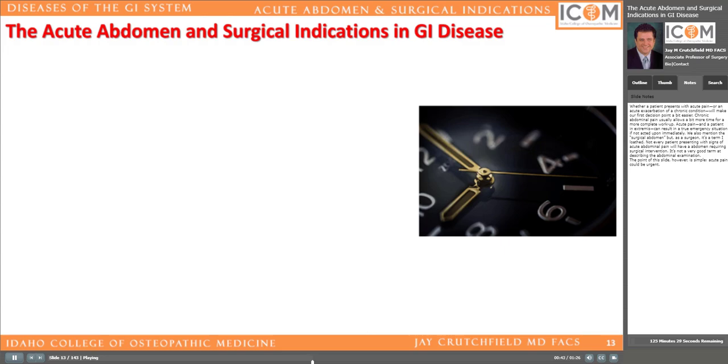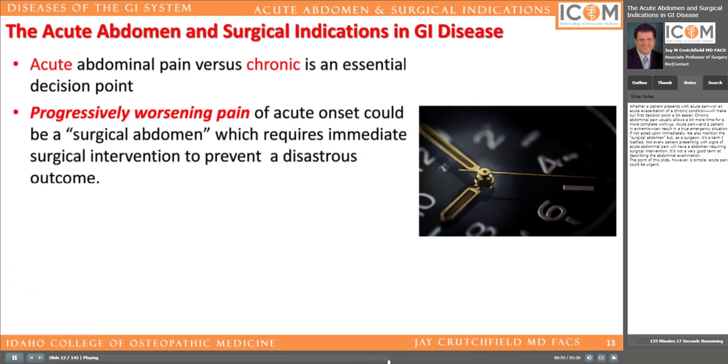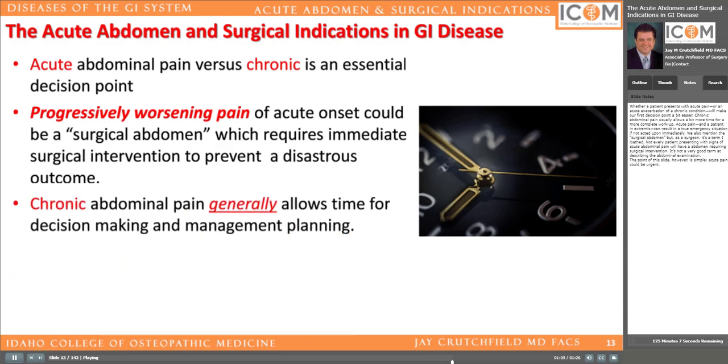If we look at some different presentations of abdominal pain, we do see that acute abdominal pain and chronic abdominal pain is an important decision point. Progressively worsening pain of an acute onset could also be the surgical abdomen, which may require immediate surgical intervention to prevent a disastrous outcome. Chronic abdominal pain generally, but not always, allows time for decision-making and management planning, an opportunity